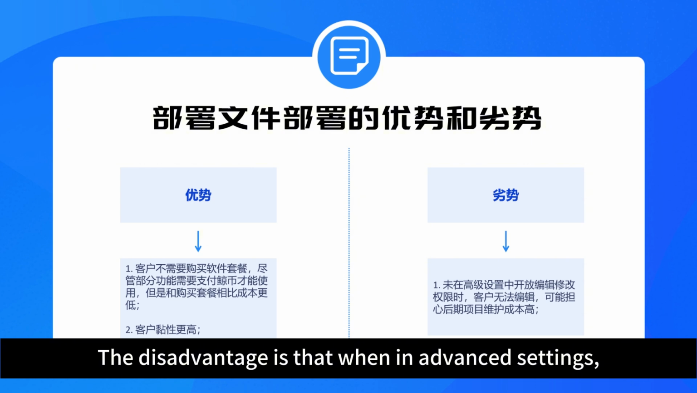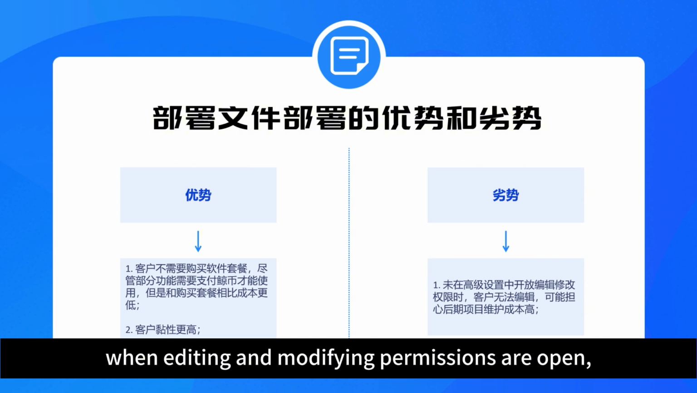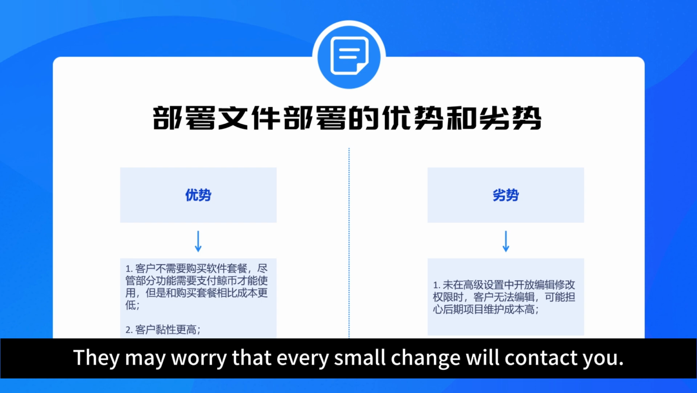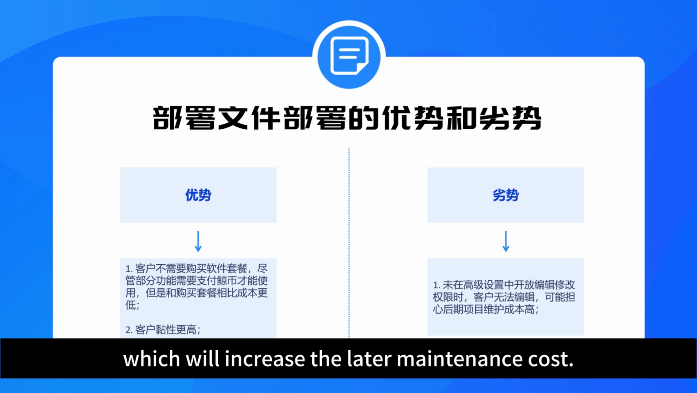The disadvantage is that when editing and modifying permissions are not opened in advanced settings, customers can't edit. They may worry that every small change will require contacting you,